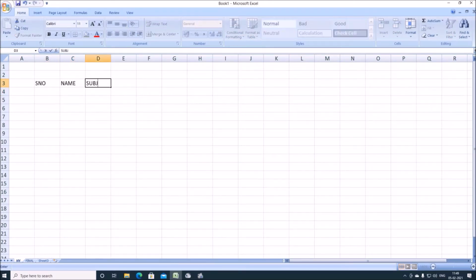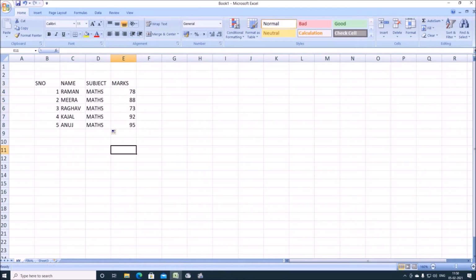Suppose we have marks of different examination in two sheets. Here I am making an Excel sheet in which we are taking marks of some student on a particular sheet, and we will have the marks of the same students in another examination in the same year. जब भी आपको दो शीट से या मोर देन टू शीट से डेटा को वन प्लेस पे कंबाइन करना होता है, then we use the consolidation data option.